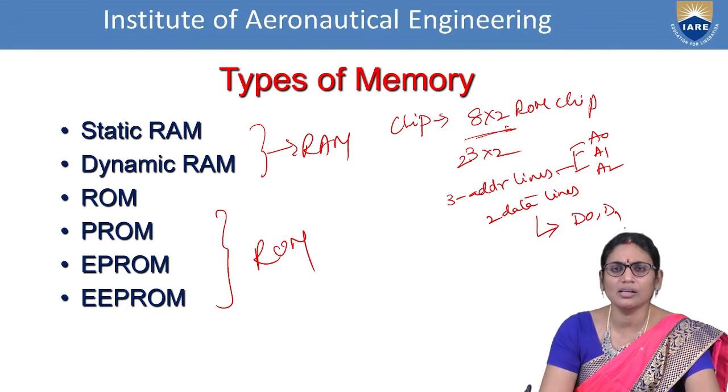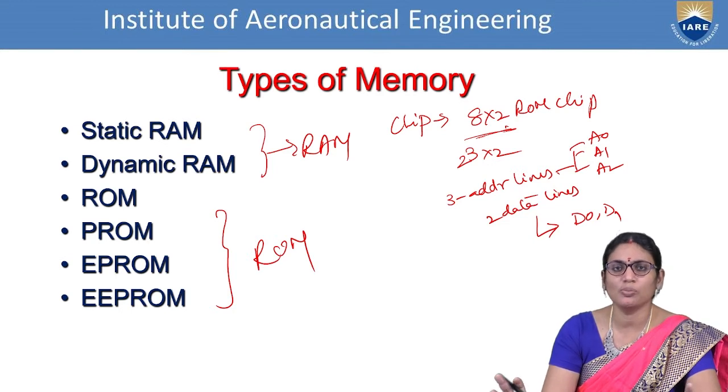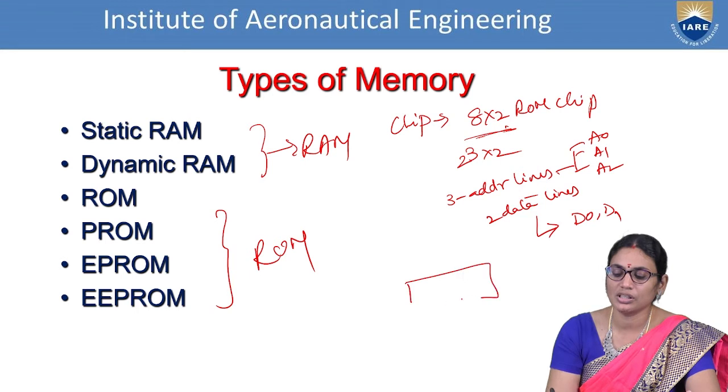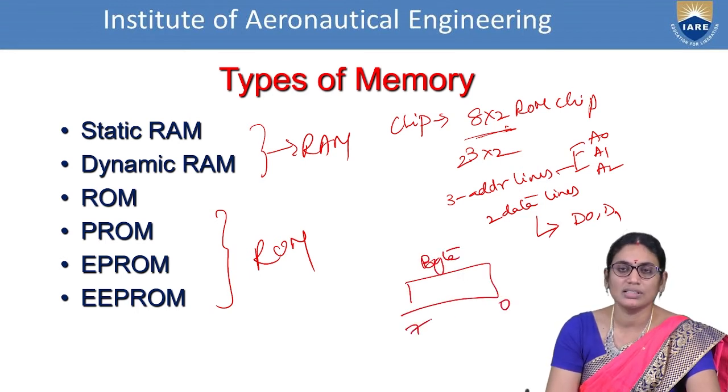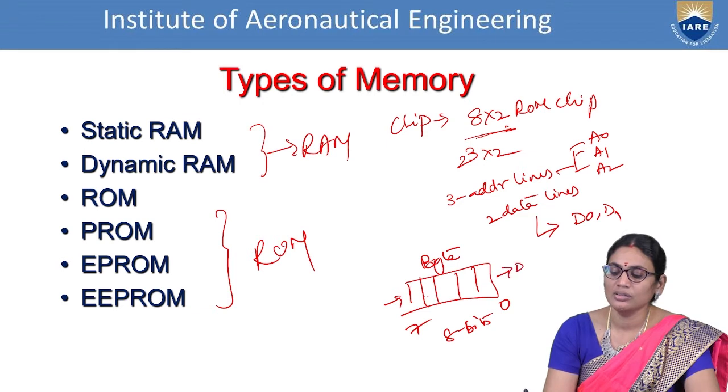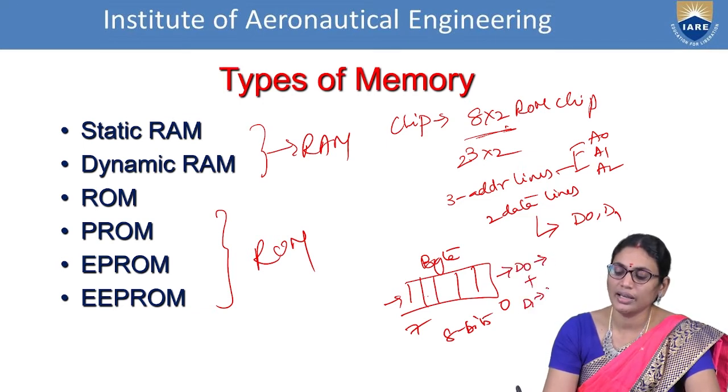Now, what do we mean by data? Data is nothing but some value, or some information you are processing. Whatever data you are giving, generally it will be represented in the form of a byte. That means bits 0 to 7. So it will process the information based on the 0 to 7 bits, so 1 byte equals 8 bits. So we can have D0 as 8 bits plus D1 as 8 bits.